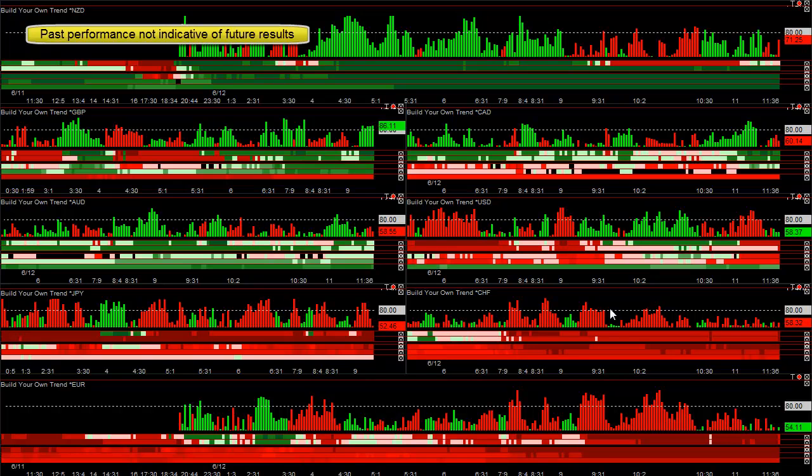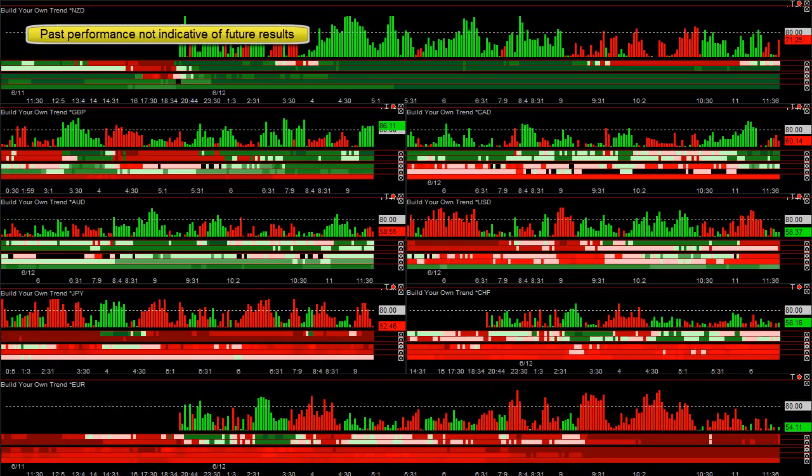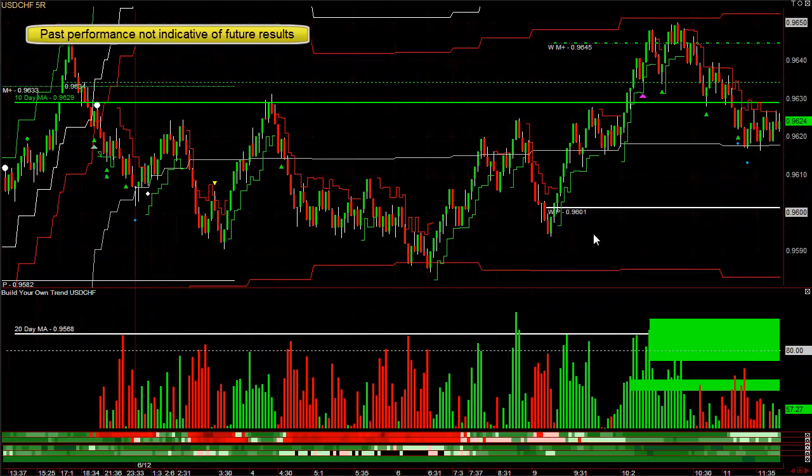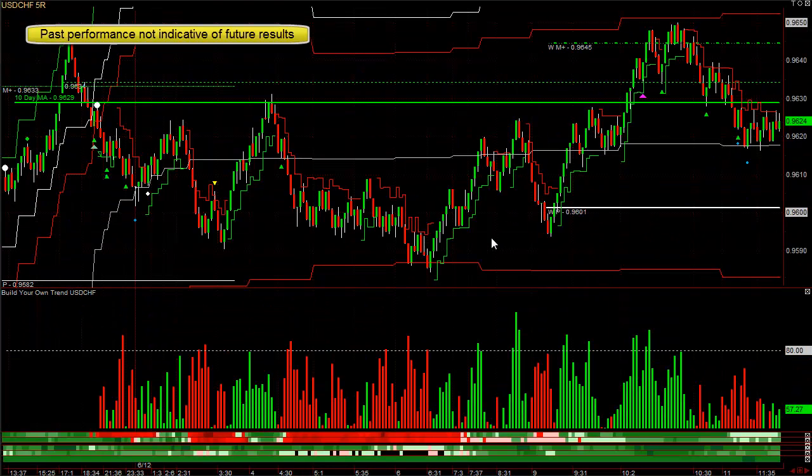You're not going to likely catch big 30 to 50 pip moves when one currency is super weak and the other one has not been strong that day. You would have been better off trading the Swiss, especially earlier, versus the New Zealand. Actually, the Swiss starts getting weak right here a little bit before 8. Let's just take a look at the dollar Swiss. Here's